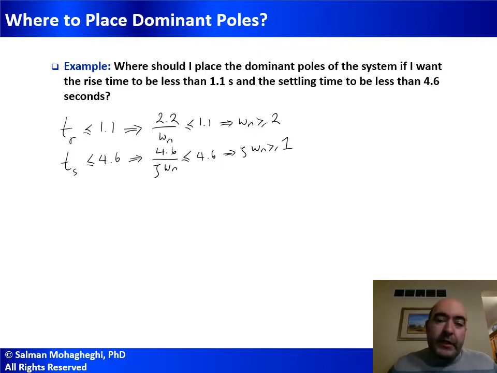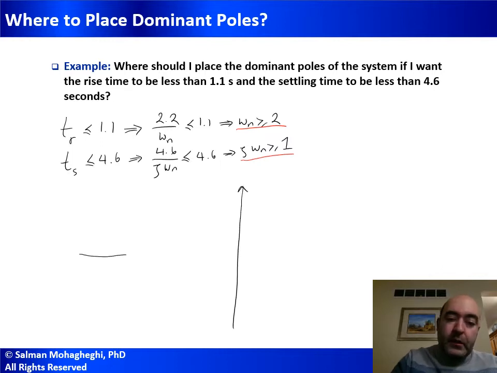So the ideal dominant poles for me have to have a distance from the origin which is greater than 2, and a distance from the j omega axis which is greater than 1. The best way to decide where the ideal location is, is to actually plot this in the S domain. So if I have my zero pole diagram,